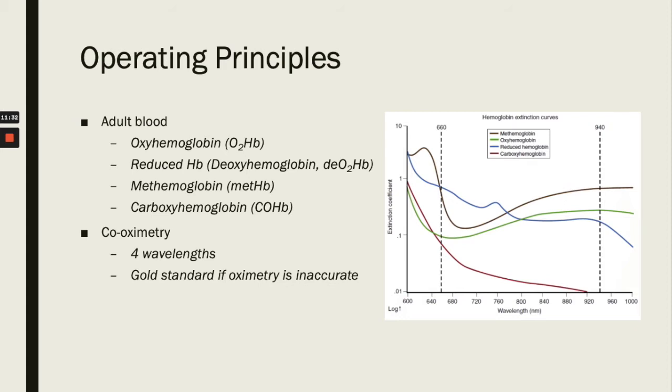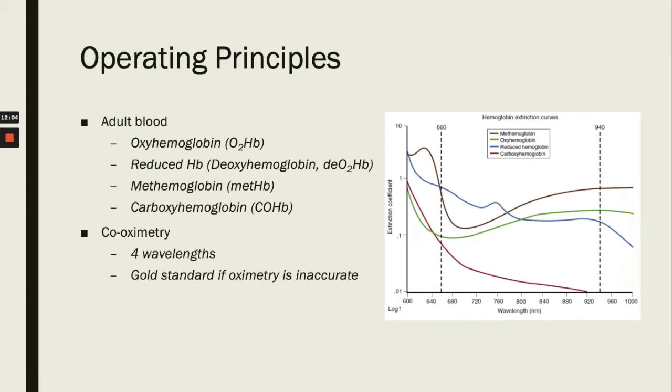And you see that at red light here, and then at infrared light, you can see that these different types of hemoglobin are absorbed. So this brown one is methemoglobin, and methemoglobin and the deoxyhemoglobin, or reduced hemoglobin, are absorbed at approximately the same